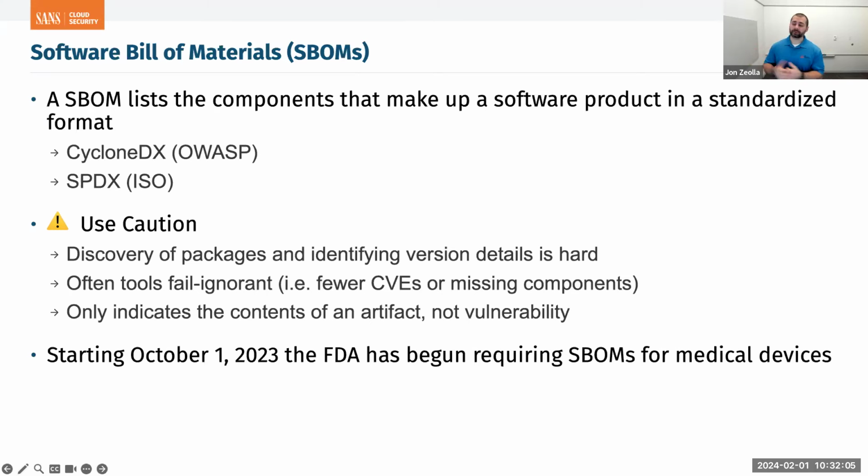In the CNCF, we've had a huge focus on improving the supply chain security of the CNCF projects, and that includes adding SBOMs, provenance, doing cryptographic signing of our artifacts, using ephemeral environments, all of these different ecosystem things. But it's a lot of work. It's not easy. A lot of parts to this.